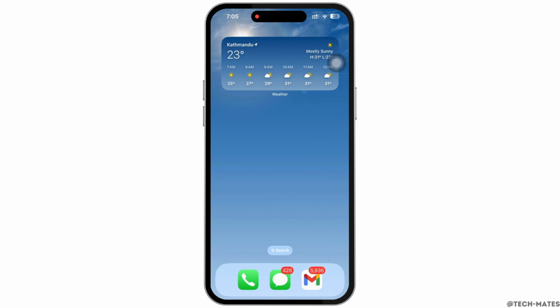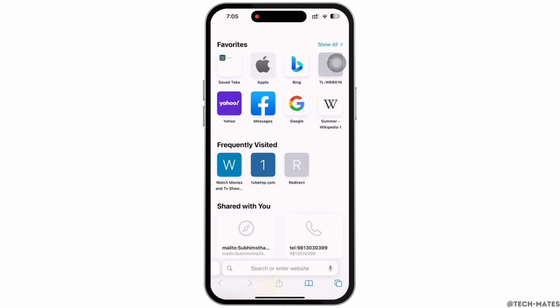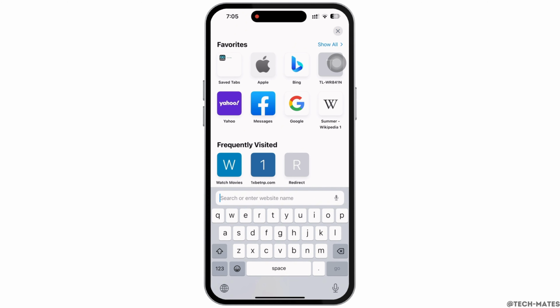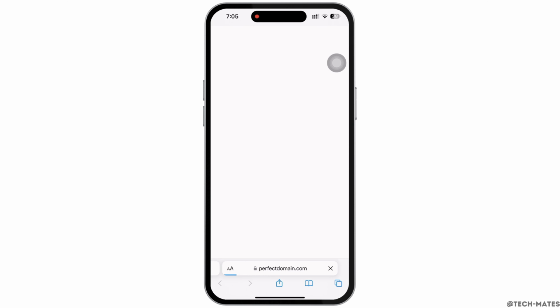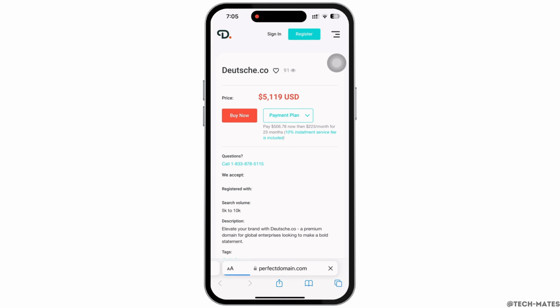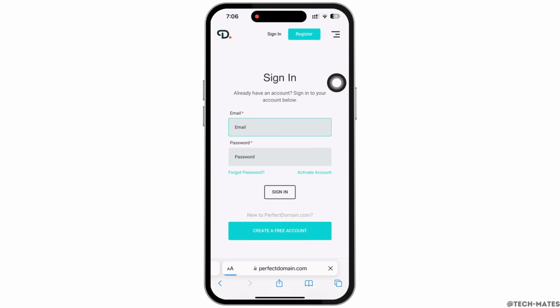Now let's get right into the tutorial. Firstly, go ahead and open your preferred browser and in the search bar, search for www.deutschebank.com. You will be led to the official webpage of Deutsche Bank. Now, tap on the Sign In button on top of your screen in order to sign yourself in to the